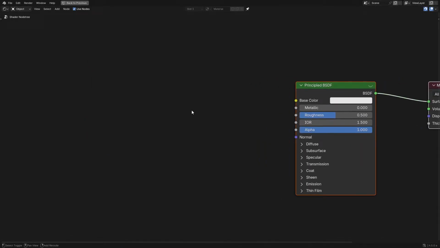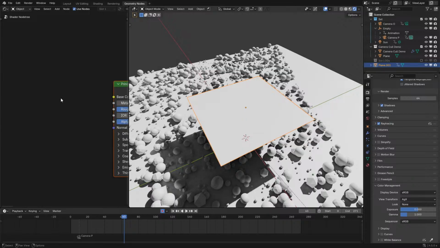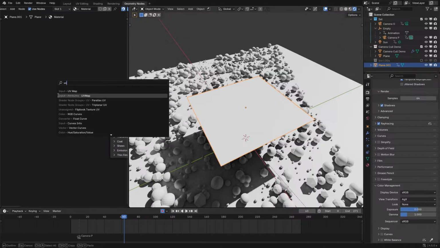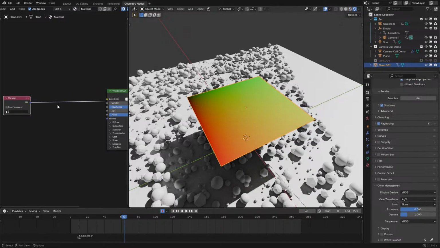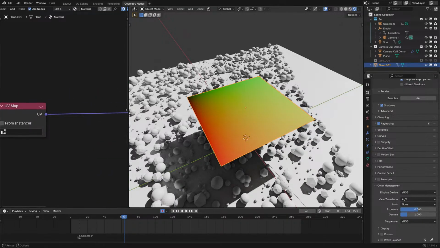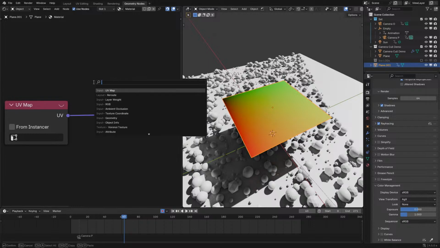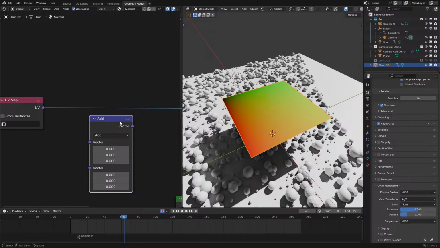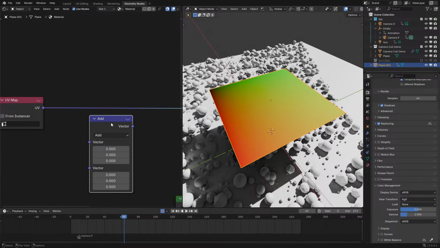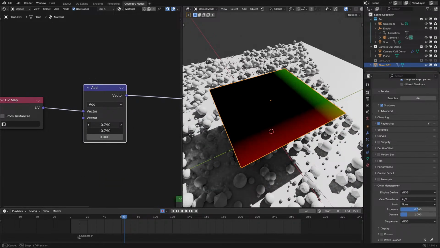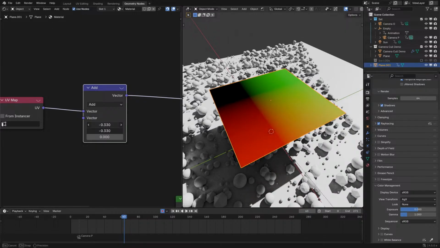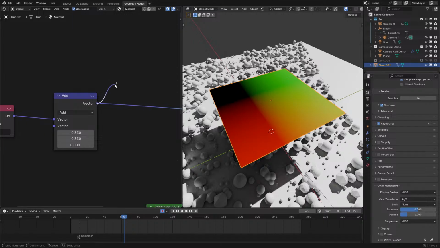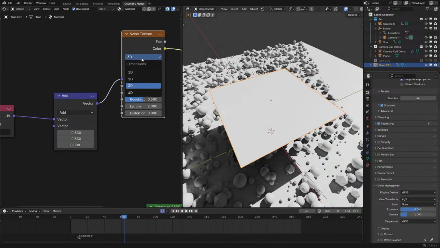So, to learn nodes, how would you do that? Let me uncheck this. So here, let's start out with a basic UV map. You probably know what a UV map is from the donut tutorial, but there are many things that you can do with this data using the vector math nodes. Now, this is your best friend when it comes to learning more in-depth node stuff. So here we can see with this node, it moves the UV map because you're adding to the value. And if we put, say, a checker texture, or let's use a noise texture because that is less repeatable,